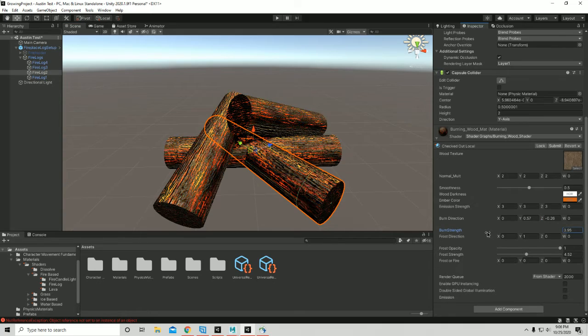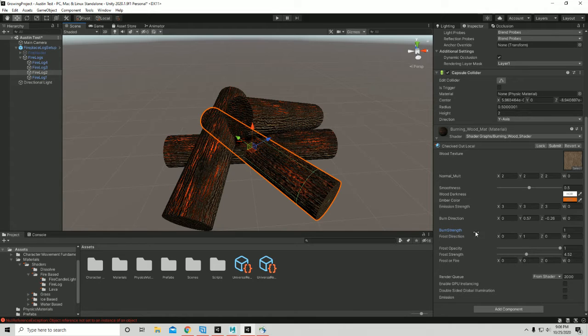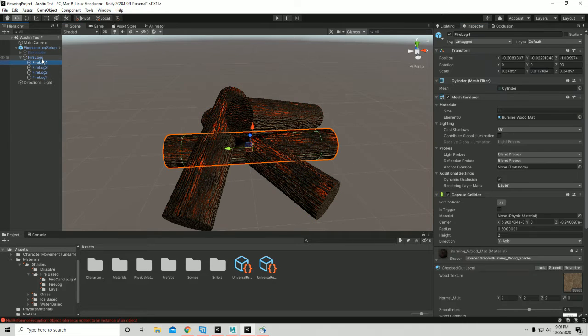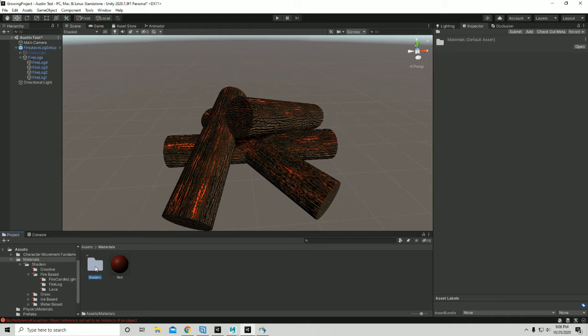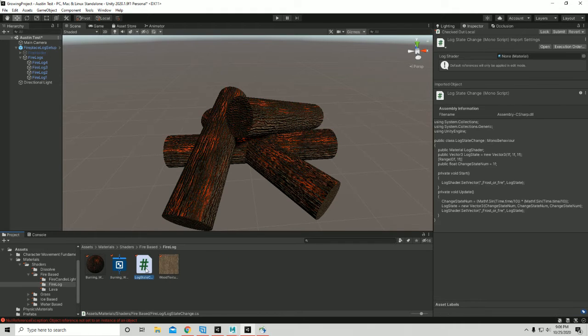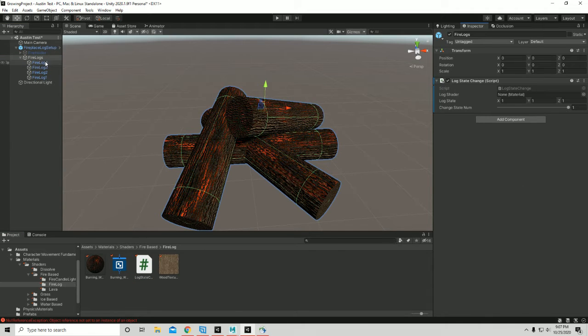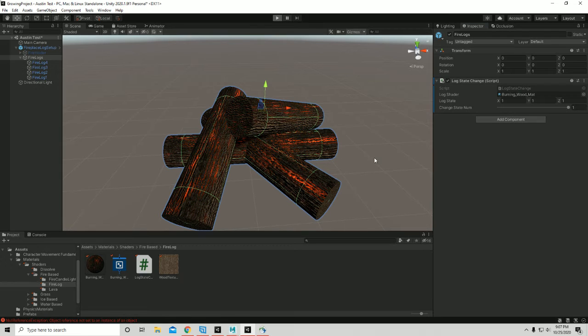Burn strength, so that can affect how bright it is again. Frost direction, which I just have at 1 because it's on top, and then that's back to frost and fire. And I also have a script, not that one, this one. Let me just make sure. Yeah, so if I put this on here, and I grab this material, cool, and I play,